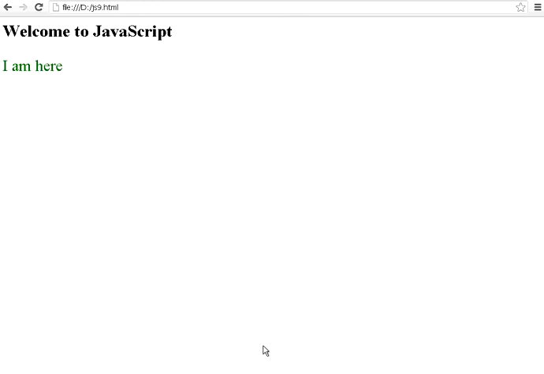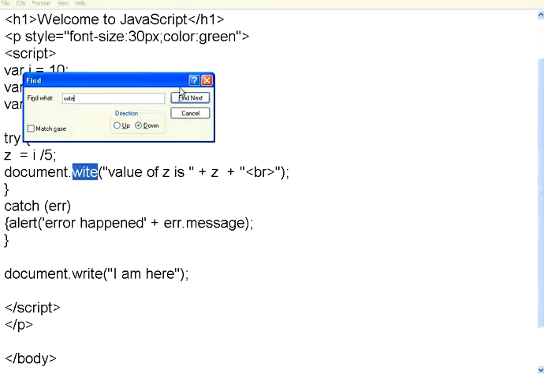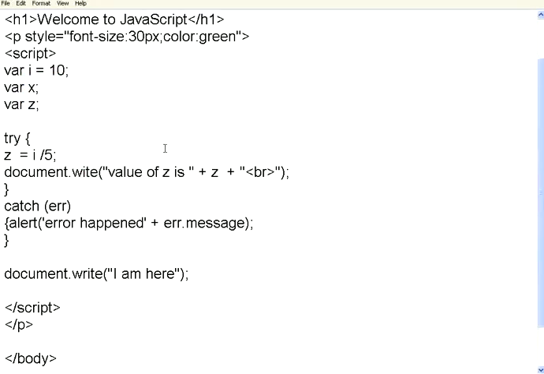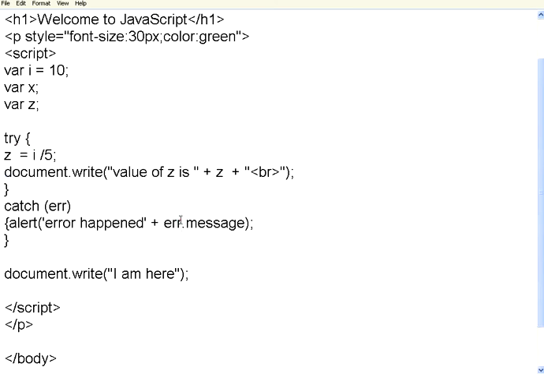So I'll go back to my script. I'll find out, Control F, WITE. Oh, it is right there. Then I realize my mistake. WRITE is the right thing. So I correct the mistake. Now let us execute this. This time the alert box will never happen because there will be no error in this place. Let us see this now. Now I execute. You see here value of Z is 2, that is 10 divided by 5. That is getting executed. No alert box comes because the catch block is not executed. Then after the catch block, this code is here. This gets executed. So this is the use of exception handling in JavaScript.